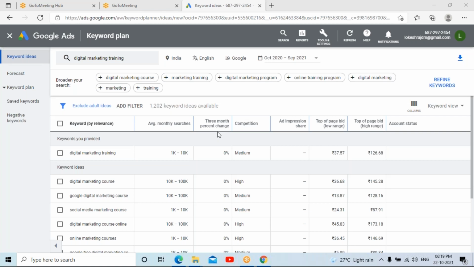There is also a suggestion to use alternative names of that particular name. For example, if you say digital marketing, it is going to be a direct subject you are going to talk about.